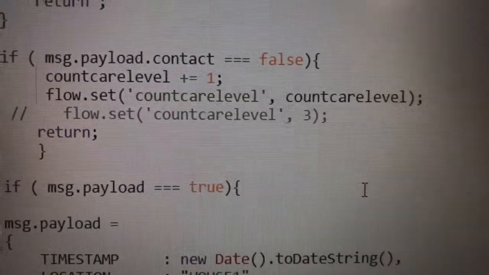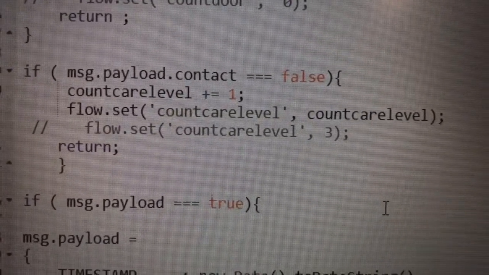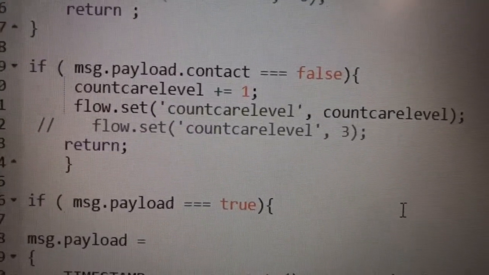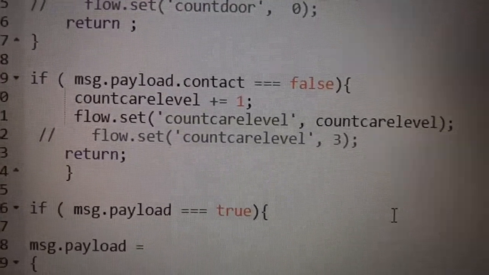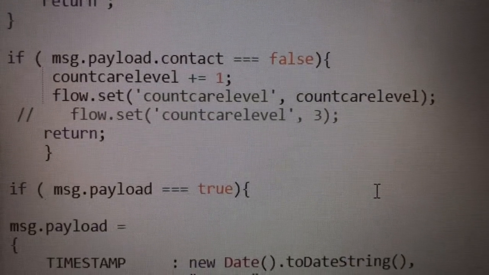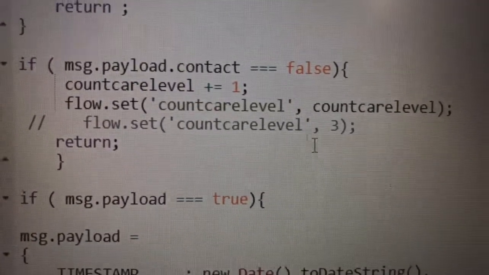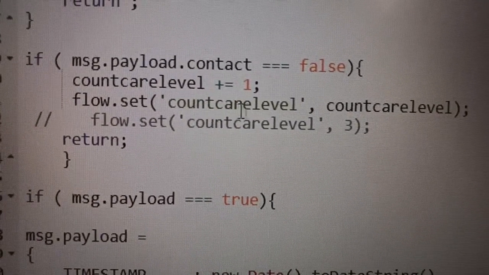For example, 0 means no care needed, but open and close one time means 1, 3 times increases to 10, a higher urgent need. So the more you open and close, the more the care level count